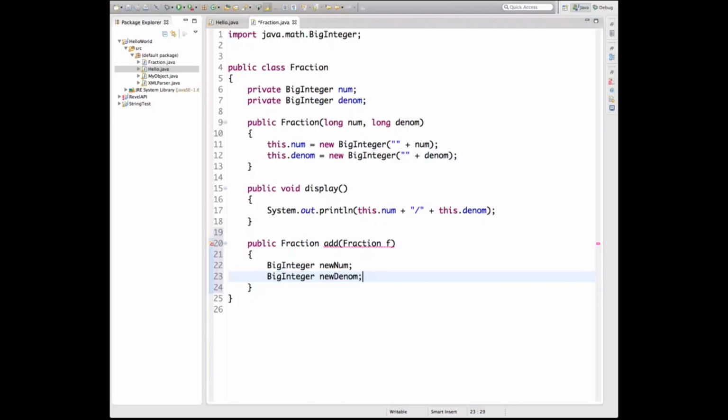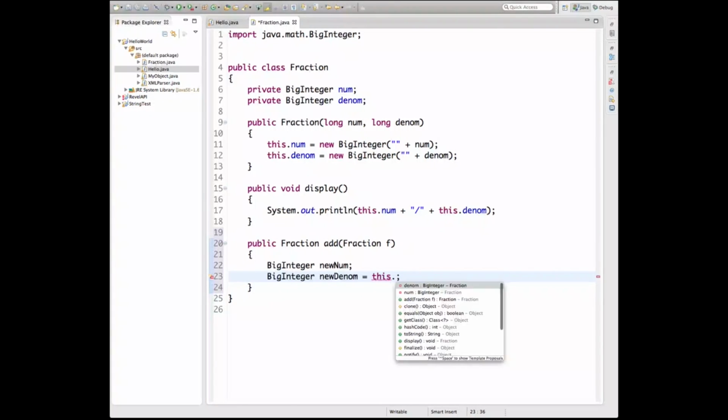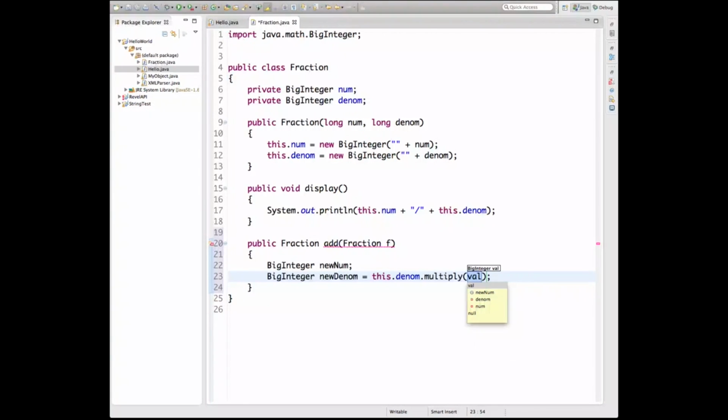So if I have 1/3 and I have 1/2, my denominator is going to be a 6. So this will be equal to this dot denom dot multiply